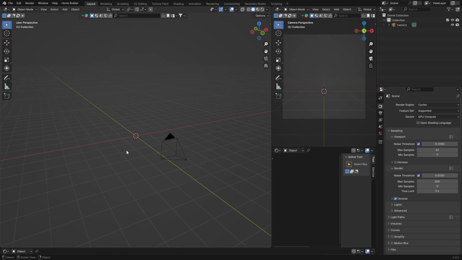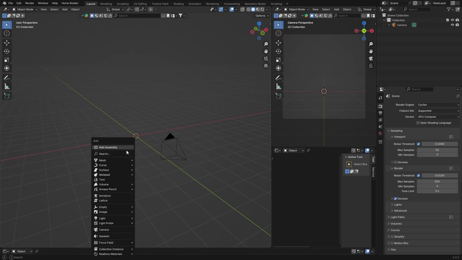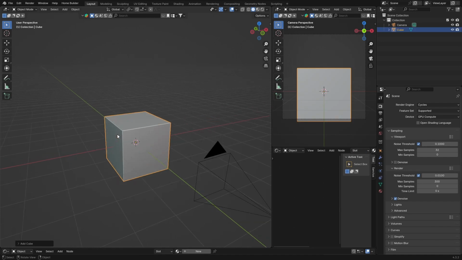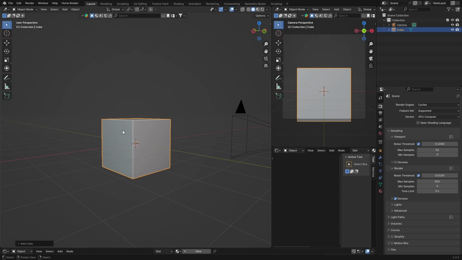So first one you want to do is I'm just going to go Shift A. I'm going to go to Mesh and I'm going to add a cube. Okay, and I'm going to show you how to add loop cuts in Blender, because you'll see in some tutorials the person making the tutorial will be like, well, just add loop cuts, and it's kind of basic but you don't know how to do it. And I thought I would just show you how to do it, and it can be pretty useful in the